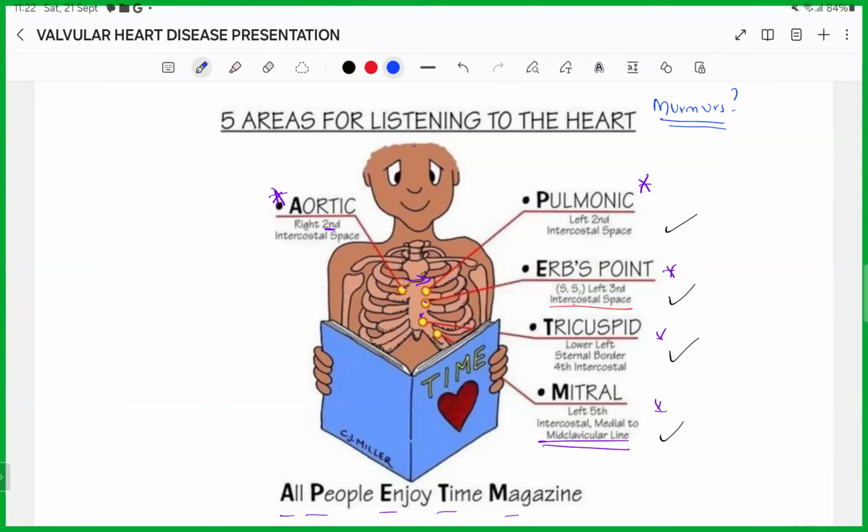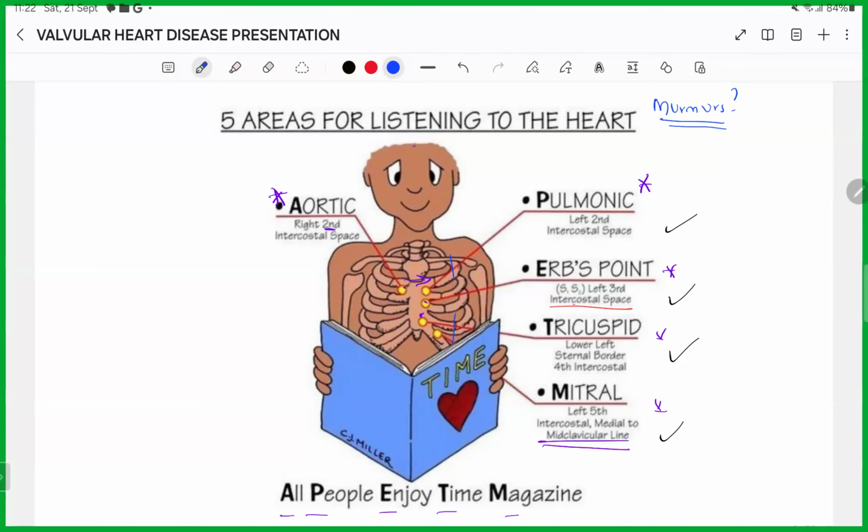And then you have the pulmonic area, which is still on the second intercostal space, but on the left. And then you have the tricuspid area, which is on the left lower sternal border of the fourth intercostal space. And then you have the mitral area, which is in the left fifth intercostal space, mid-clavicular line. So yeah. And then you have Erb's point, which is found at the left third intercostal space, which